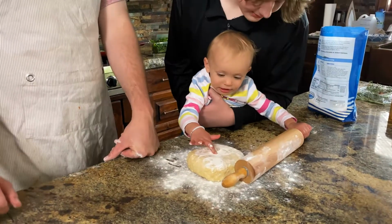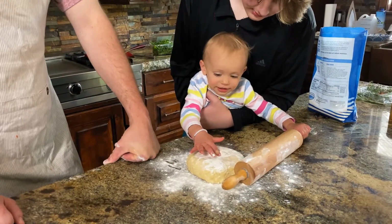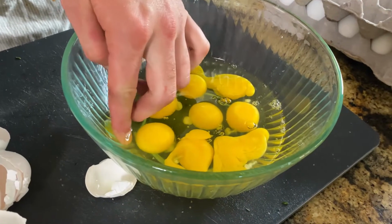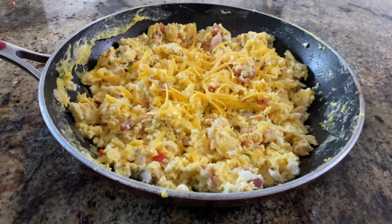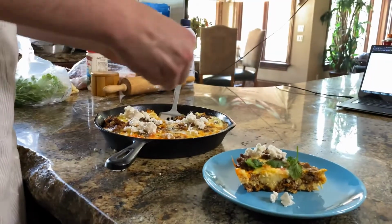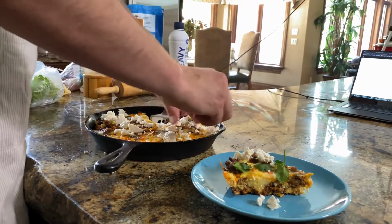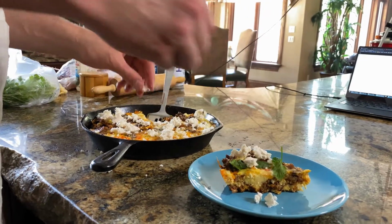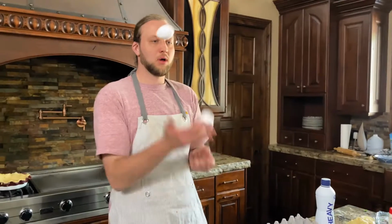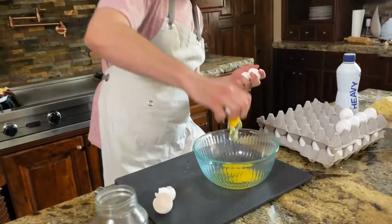Today we're finally putting our journey of scrambled eggs to rest. This video is the third of a three-part series where we stepped through the ranks of scrambled eggs. Level 1 was a simple cheesy scramble with some humble tomato and onion. Level 2 complicated things a bit by adding potato, onion, and chorizo to our cast iron skillet to make a frittata. Now for level 3, we're going to make the fanciest kind of scrambled eggs I can possibly think of,